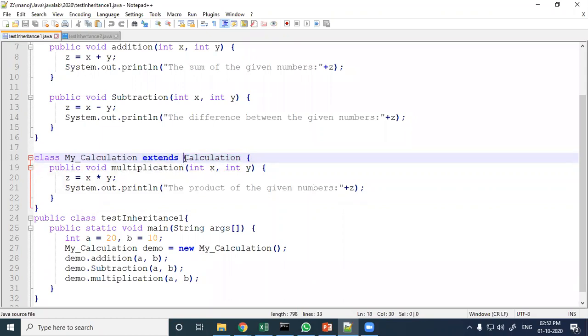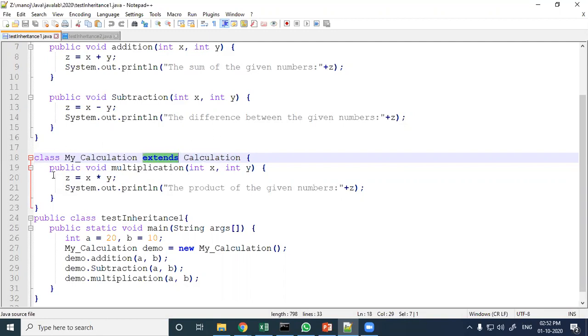If you write the class keyword then it is wrong. Here only the class name you will write. Automatically your compiler will treat whatever you have written as a class name, which must be defined before defining this class. So extends is the keyword which is written to extend a base class to a new class.